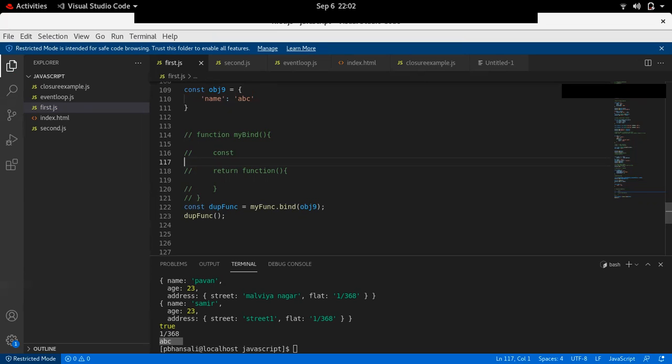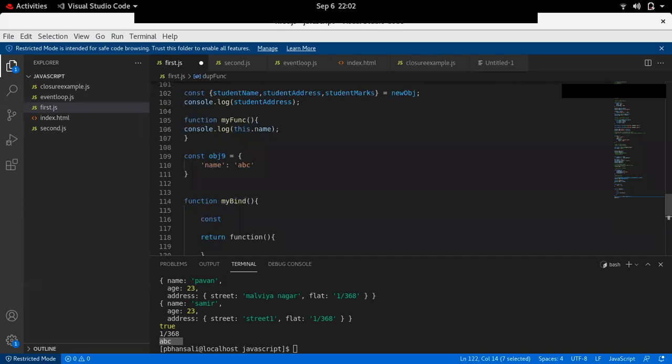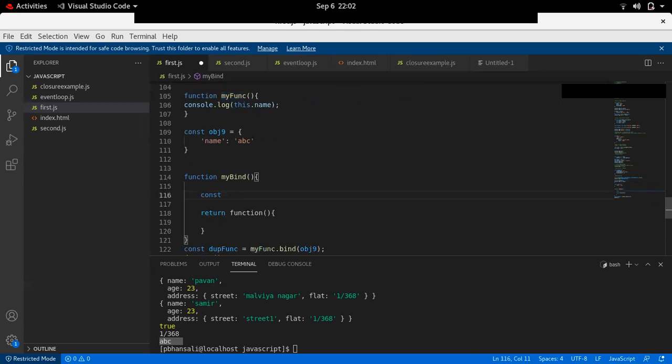So what I know is that whatever function I make my bind, it will return a function, and this new function will always be called with some function. That is, there will be some callee function which will call it. Like in our case, my function, which is a callee function, will call this my bind. So I will take this function, const callee function,